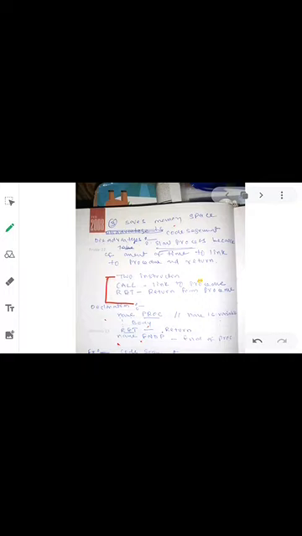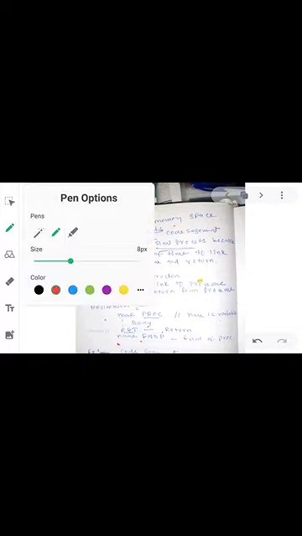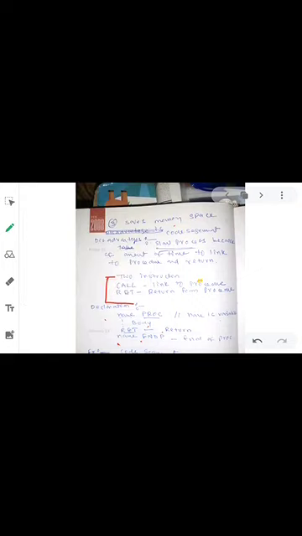So let us see how to declare a procedure. Here you can see the syntax. NAME PROC: NAME is the name of the procedure, and here you can give any name.